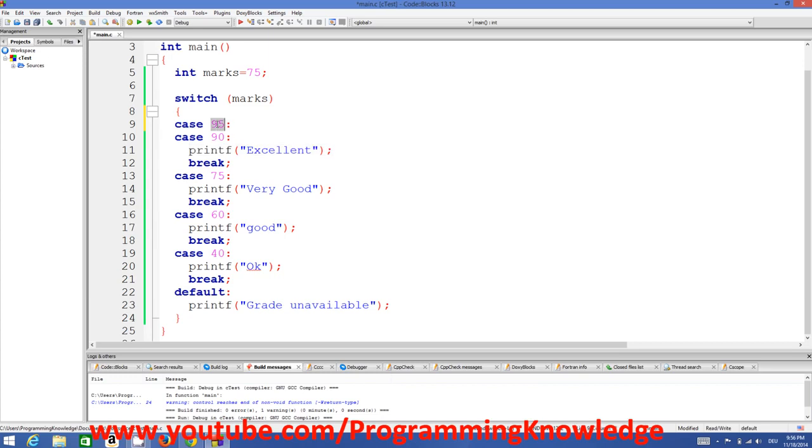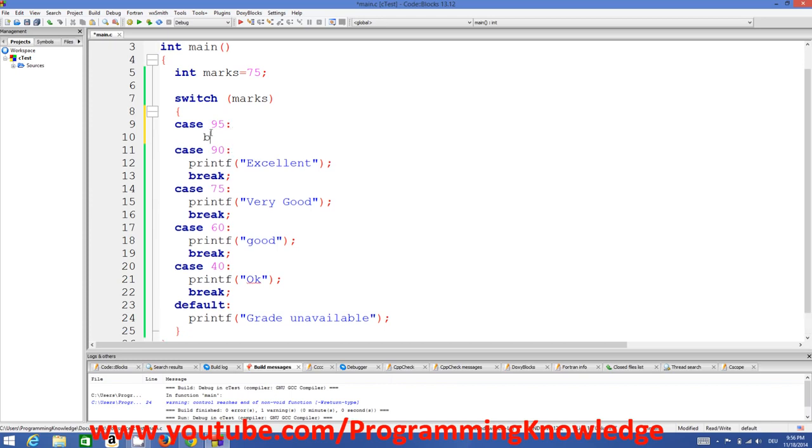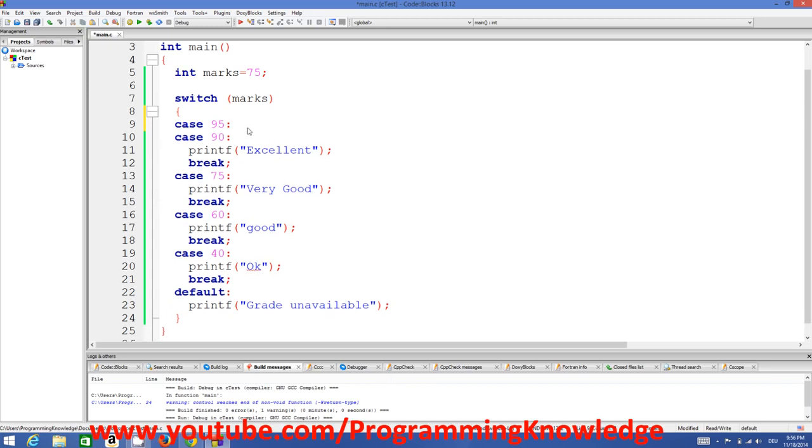Okay, so if the marks is equal to 95, it sees case 95 and it jumps to the next case, because it's not breaking anywhere, right? If there were a break here, then it would jump out of your switch code. But because we are not giving this break, it jumps to the next condition and executes the next statement,